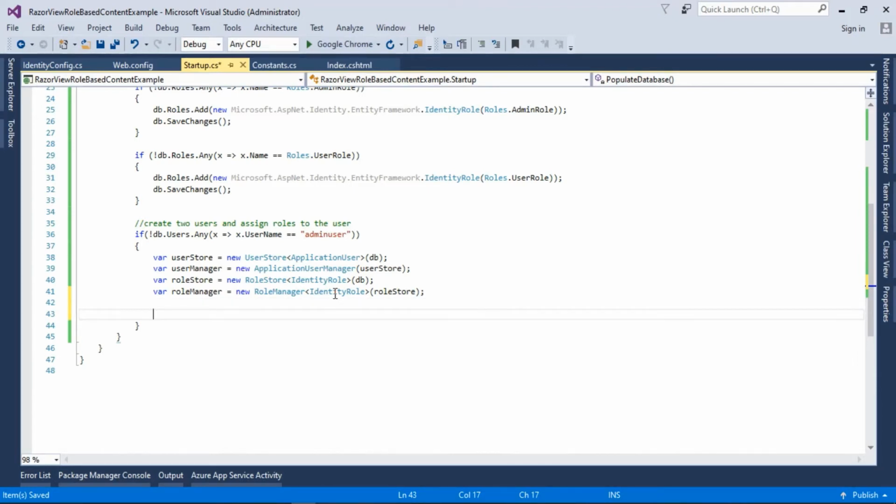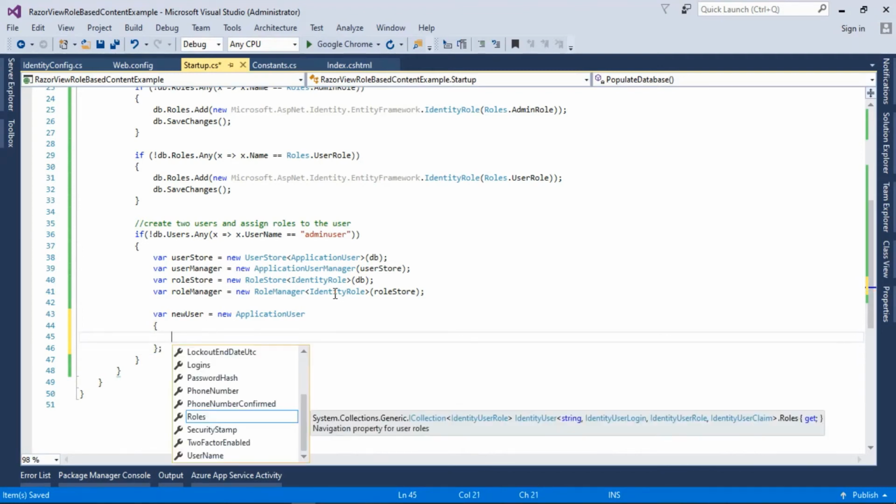assign user to it. So now I will create an object for the new user. So we will have new user and it will be new application user. Let's add some properties for this.